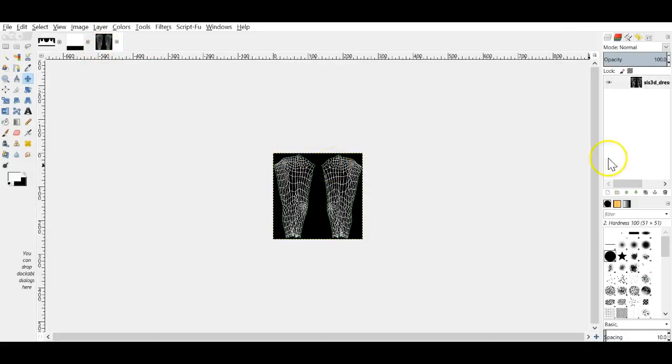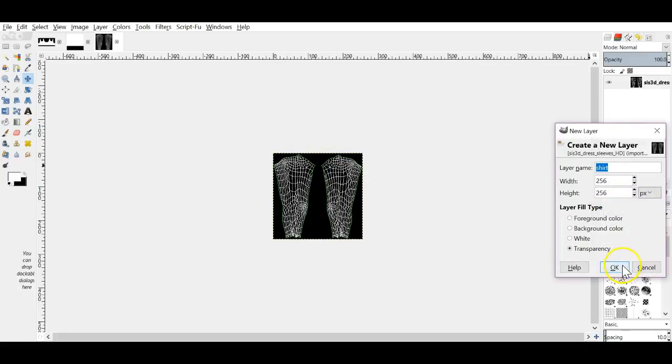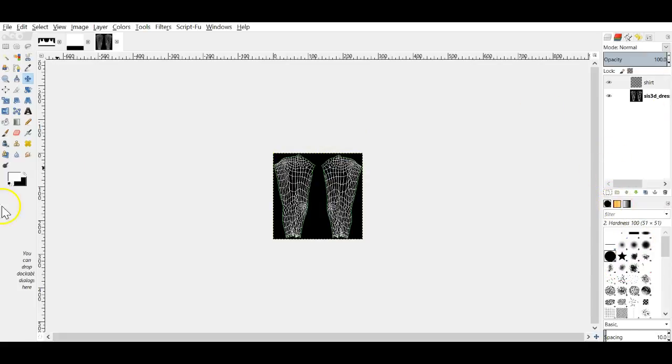We're not actually going to do a whole big section of the sleeves. Alright. As always, we're going to bucket fill that. Hide it, add a new layer, rectangle select, and like I said, I just barely